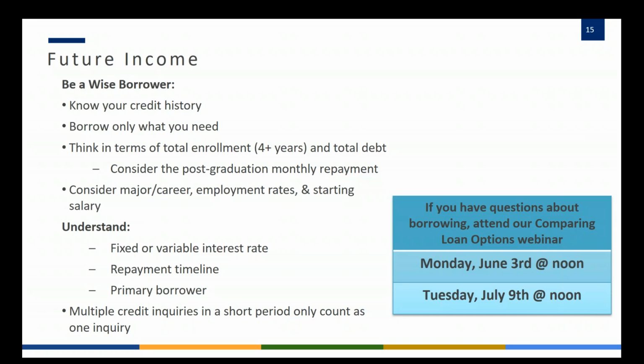They also should look at the repayment timeline. Is it a 10-year loan, 15-year loan? The further they push out the payments, the longer the repayment term, the more that loan is going to cost because they're taking longer to pay that back, so more interest is accruing. Very important when we talk about repayment timeline to look at different repayment options that might be available. So with MEFA, for example, we have immediate repayment options for 10 and 15 years.